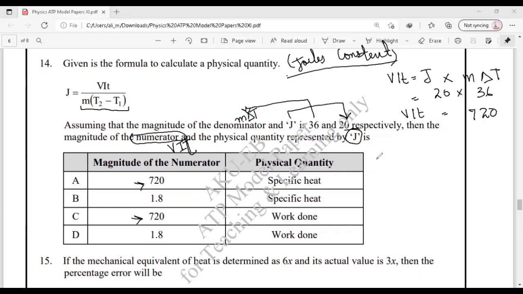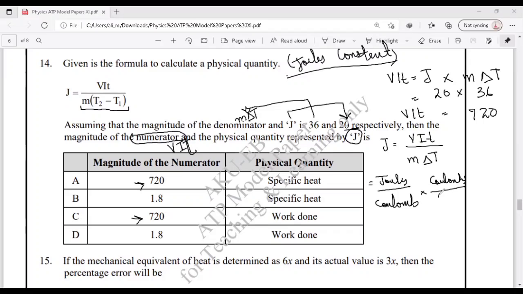So let's find the dimensions or the quantity of this J. The formula for J as mentioned is VIT divided by m delta T. So V is the voltage, that is joules per coulomb, and I is the current, that is coulombs